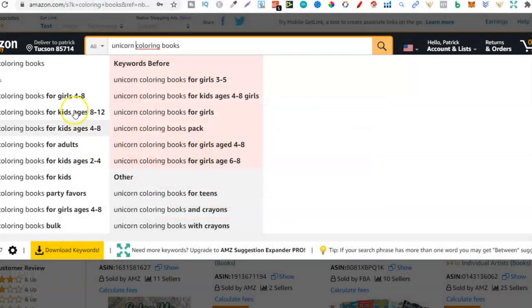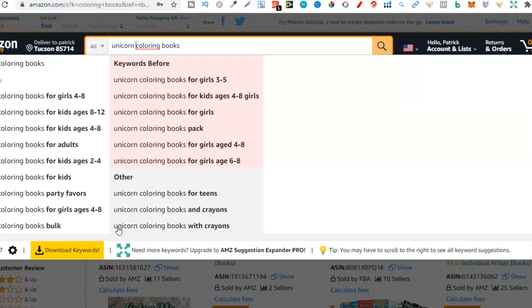But I would go through every single one of these keywords to see if they're profitable. See, research takes time. Finding niches is easy. Niches are absolutely everywhere, but it's the research part, trying to find those profitable keywords, that actually takes time. But right off the bat, just for a unicorn colouring book, we can see there's multiple different keywords that you